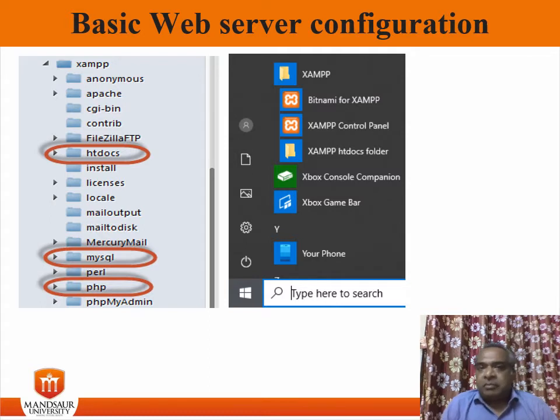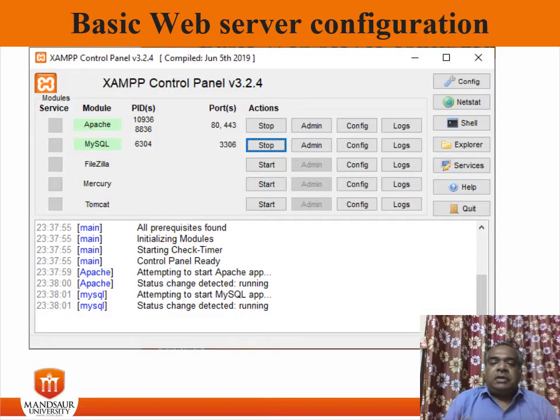Here we explore the program directory located in XAMPP, and when we open this XAMPP folder as shown in this diagram, it contains the XAMPP control panel. Clicking on the XAMPP control panel will open it. Now this is showing the XAMPP control panel.